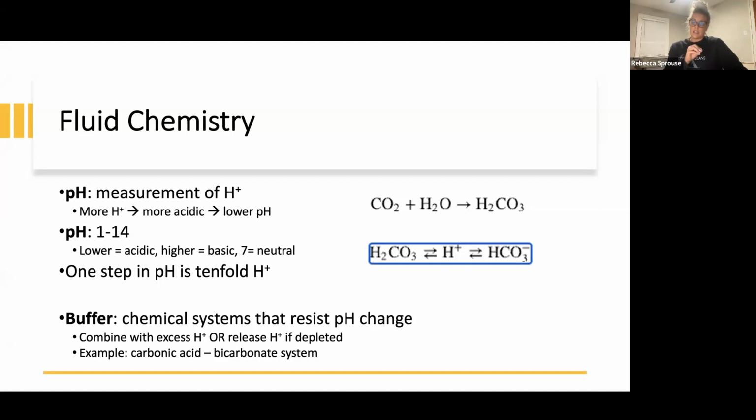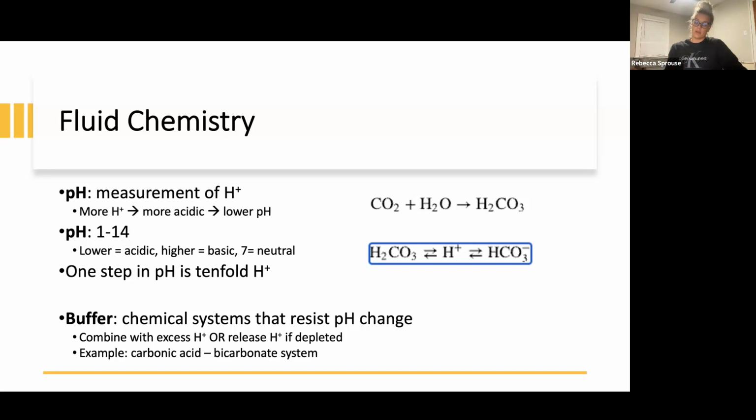And then vice versa. Let's just say that your blood gets too basic. So these buffers have bound up all these hydrogen ions. They can release them into the environment. And if they release them, if they're free again, it's going to lower your pH a little bit, back to normal. And a very common system that we have is the buffer system in your body called the